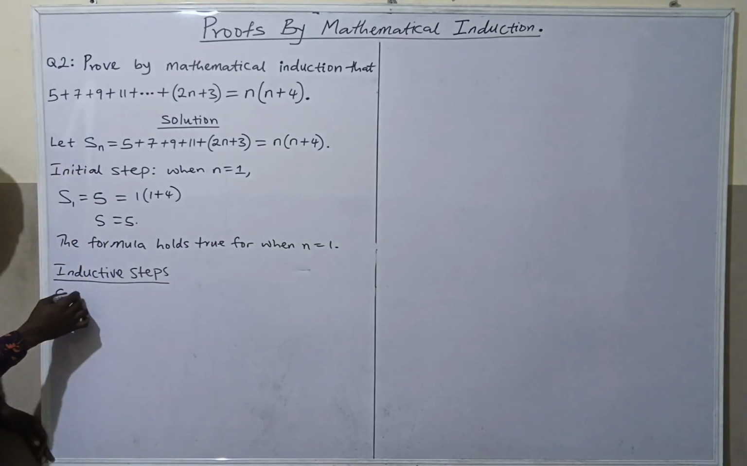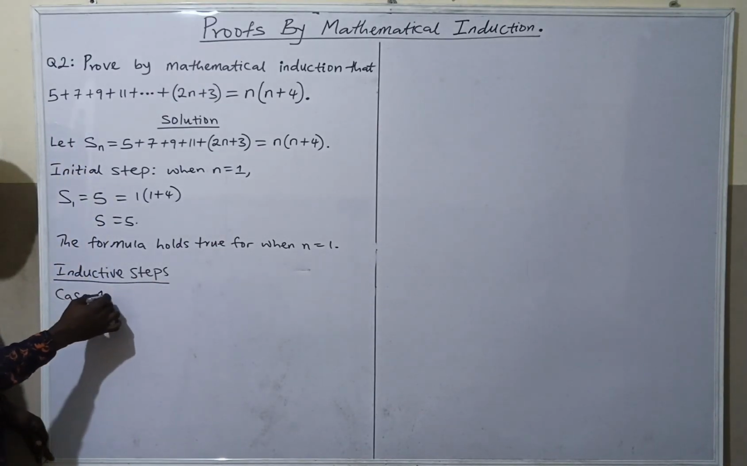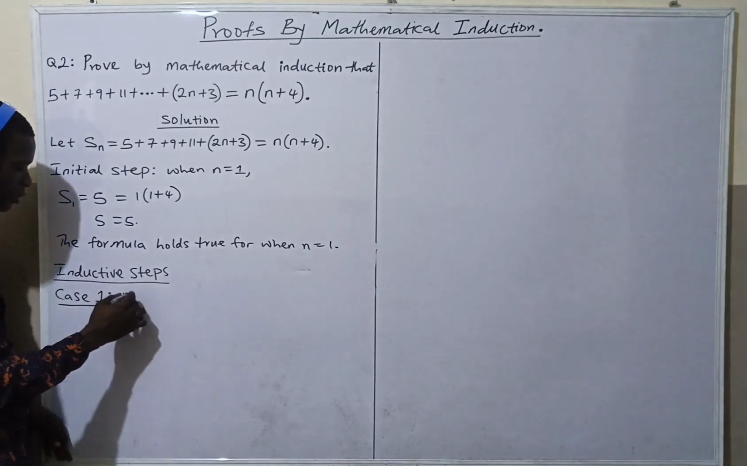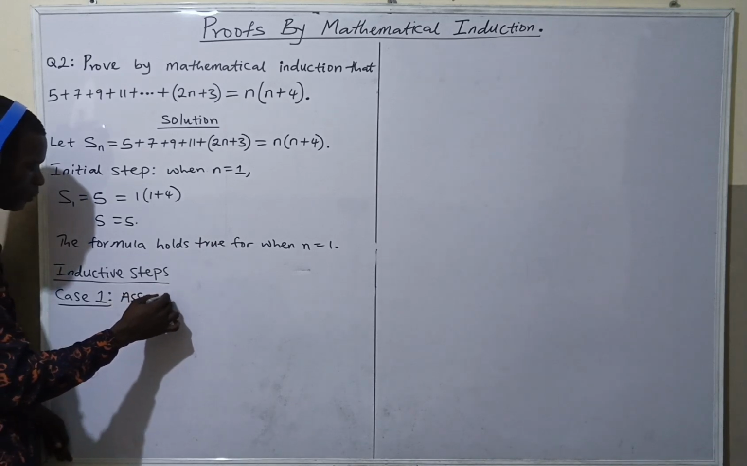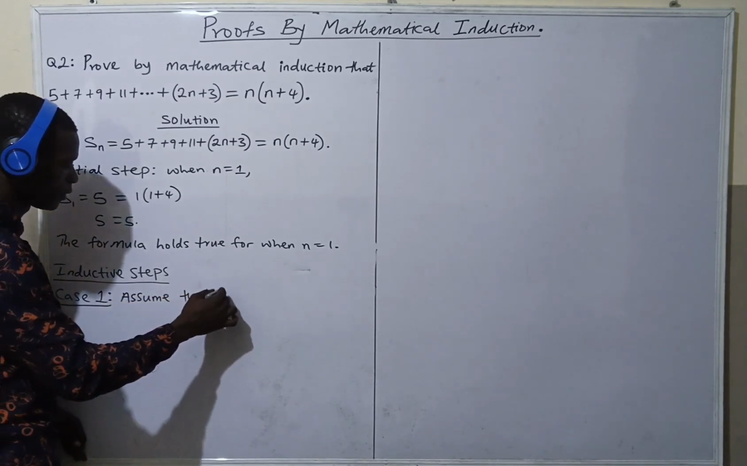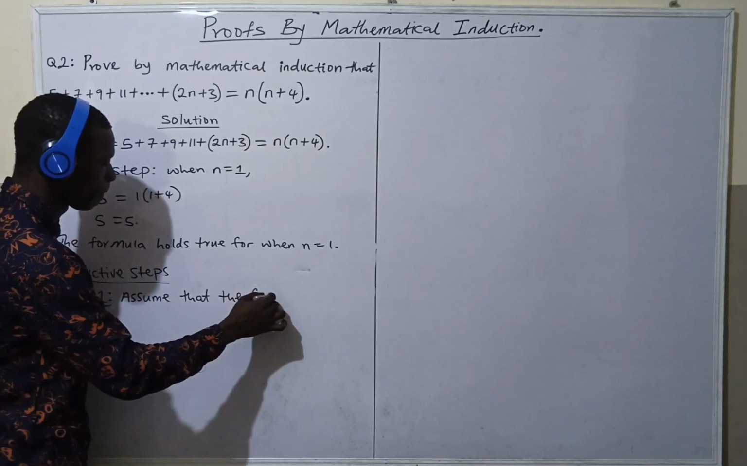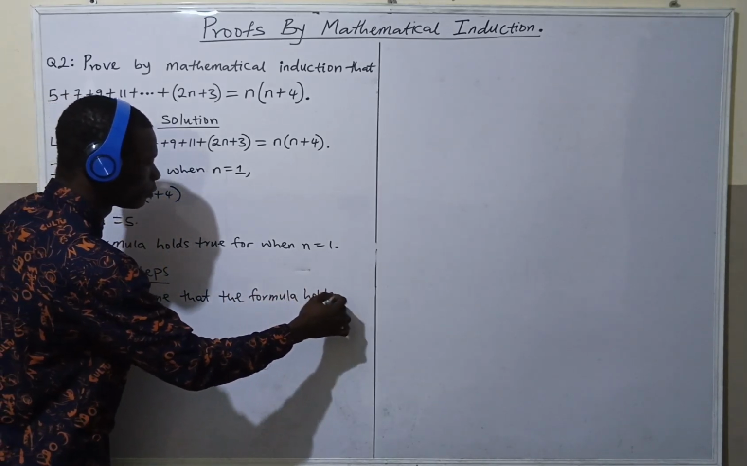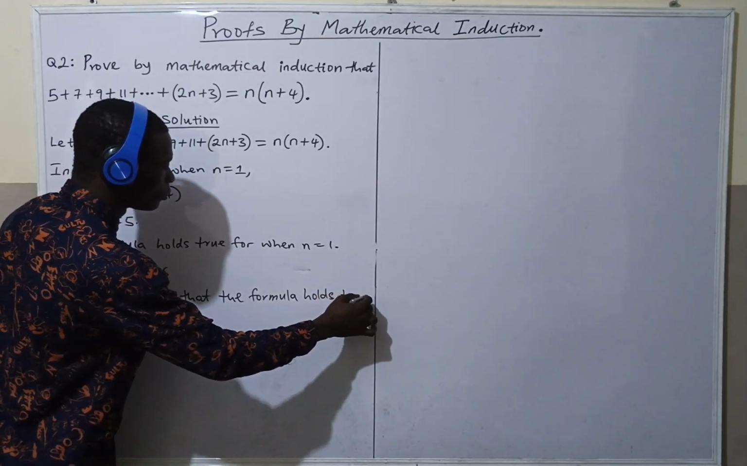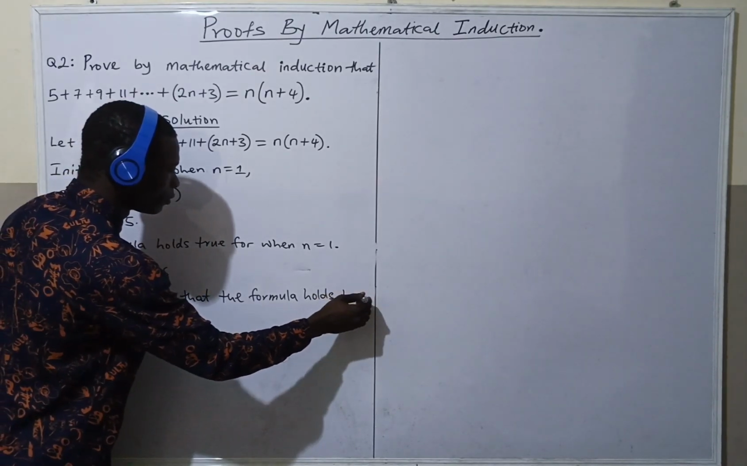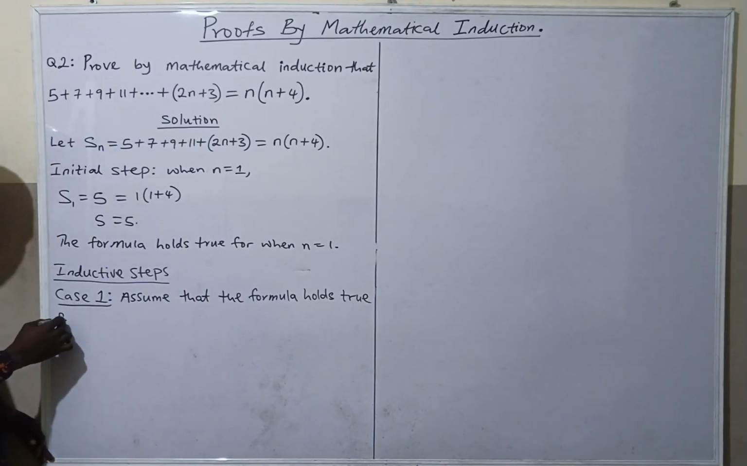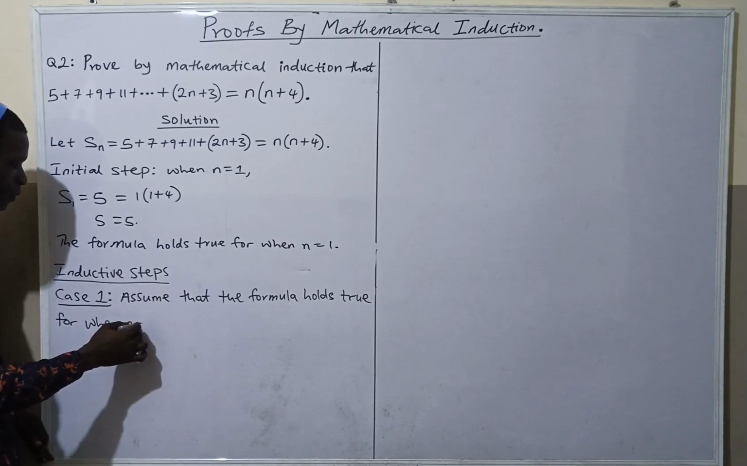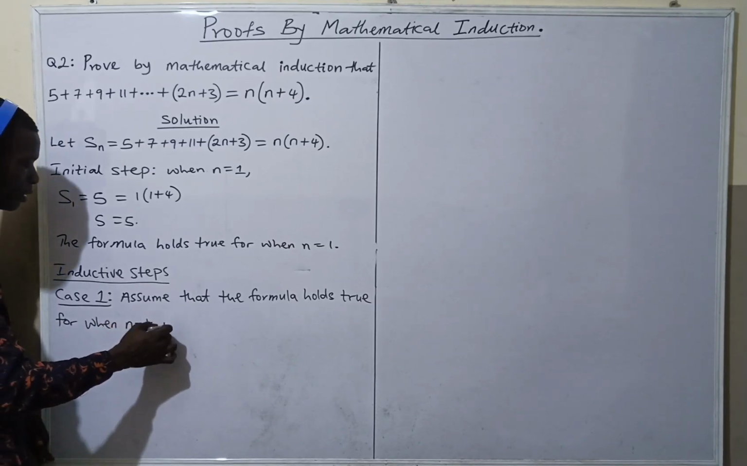Case 1. Under case 1, we always assume that the formula holds true for when n equals what? K. That is,